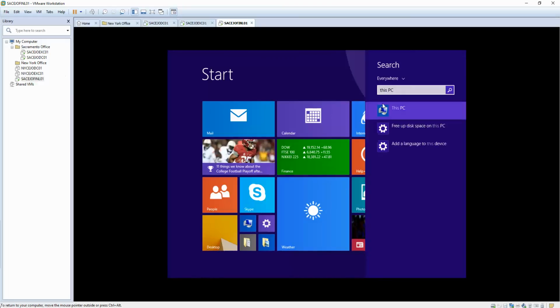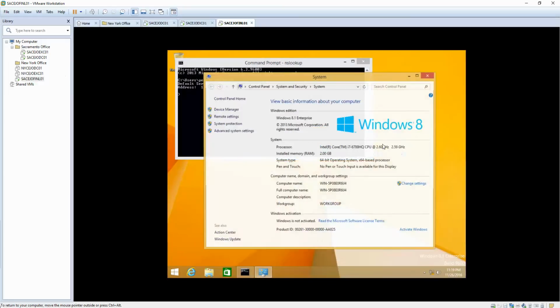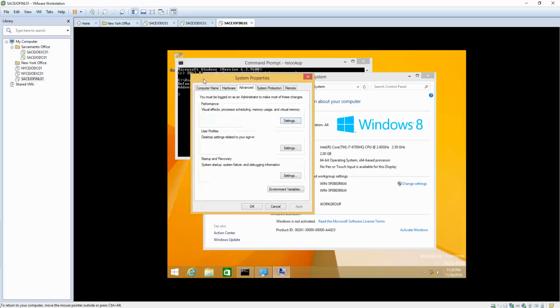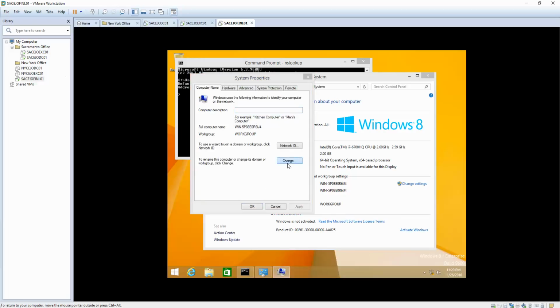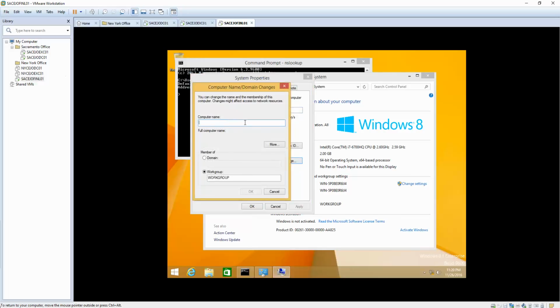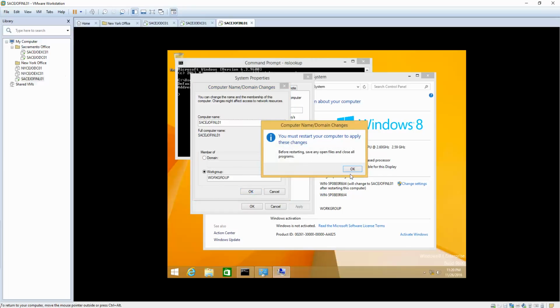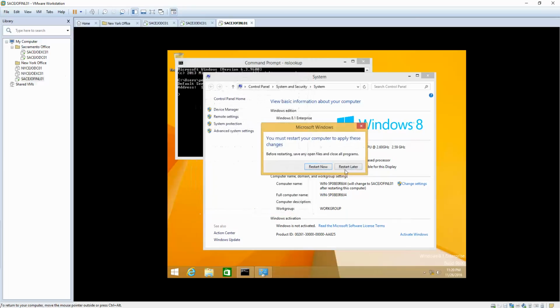So this PC, properties, then advanced system settings, computer name, and change the computer name in here. So the computer name is going to be Sac Joe, and this is going to be for finance department, and this is a laptop and 01. So I'll press OK in here, and once we press OK, I should restart this computer, because if you remember